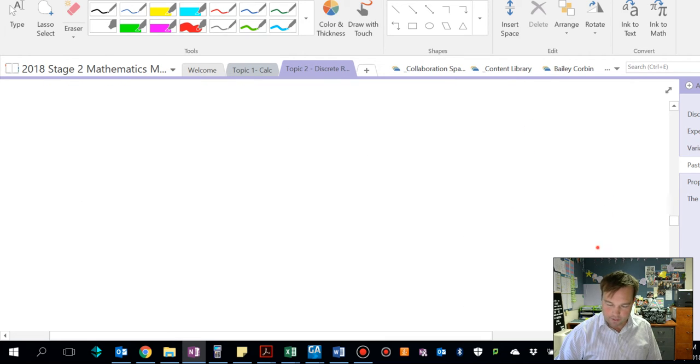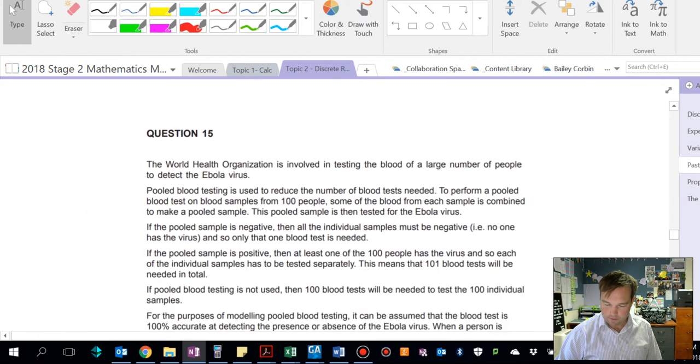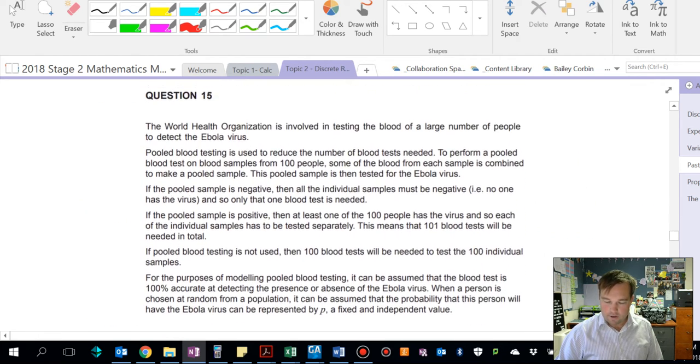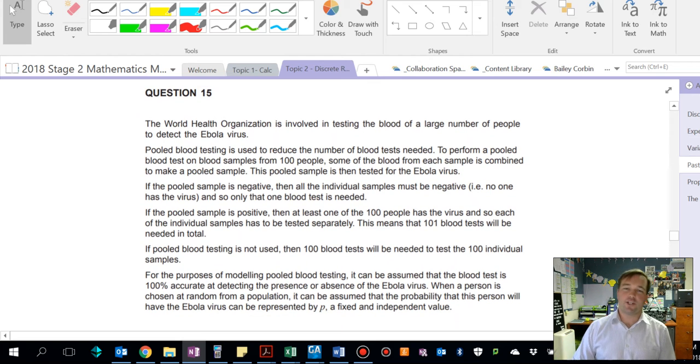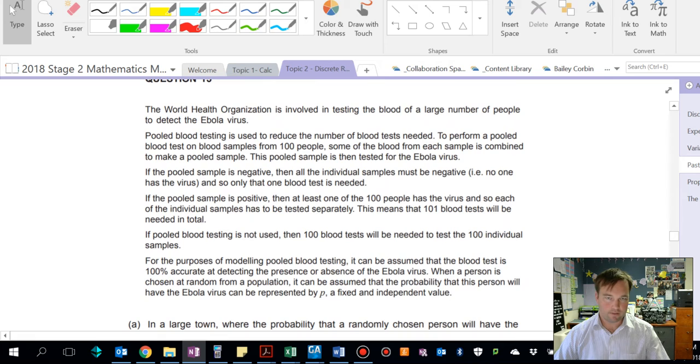Here is a question from a past exam. The first thing to note is the sheer amount of writing. In the exam, there will be worded questions, and they will take a long time to read and process. So pause me, and read that a couple of times. Alright, so assuming you've got that,